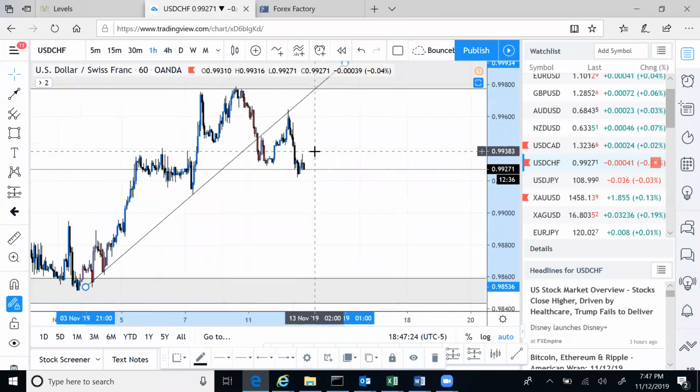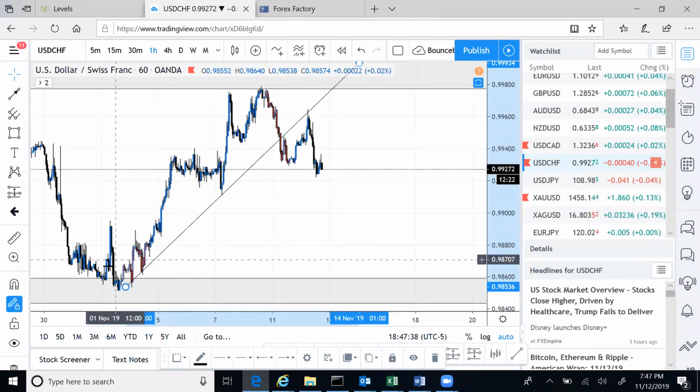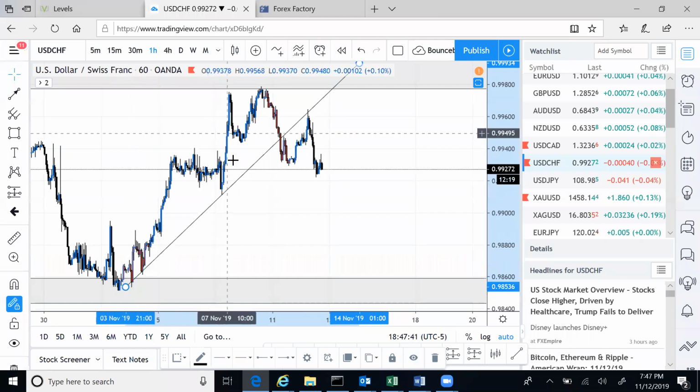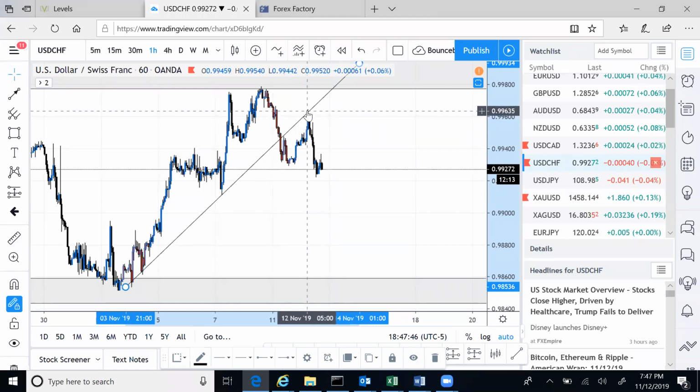Coming down to the 1-hour time frame, the beauty about identifying trends, guys, ladies, fellas, I hope you are understanding why we draw a trend line. Why? Because look, we have the uptrend coming here. It broke, but look at that retest. So when I say that a trend line can also be used as dynamic support and resistance, right? A lot of traders would have gotten into this trade on the retest of that trend line, literally.